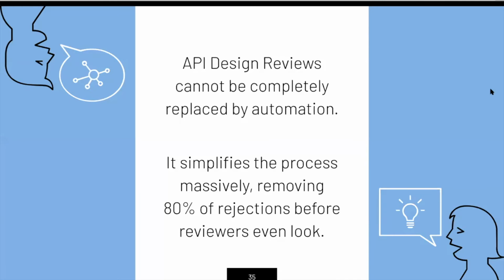but at some point you still need your API design reviews to make sure that what's being built is useful and doesn't collide with another API that might be working on something similar, or just makes sense, or hasn't used a certain generic word in the wrong way, right? I've been at companies where account could mean about 25 different things depending on who you were talking to. So maybe you'd want them to say, this should be a company account or a financial account, or different types of account in different ways. So you still do need the design review people to exist, but Spectral can just make their lives a lot easier, and maybe some of them can go back to doing something else instead.